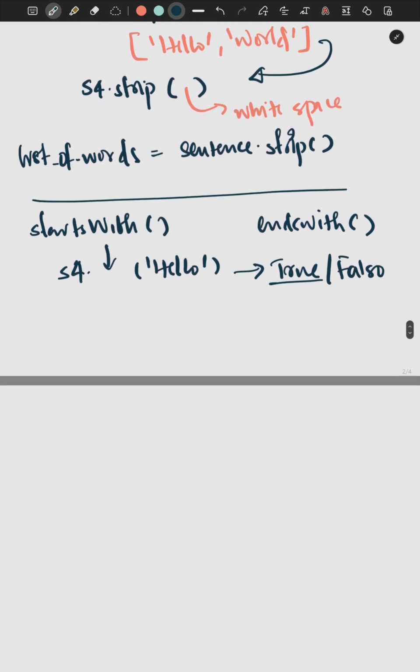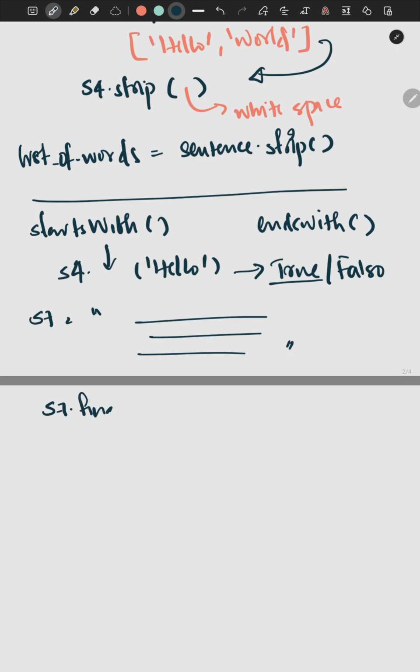Now something else that we can do is, just like replace, there is find. Let's say there's s7. This is a huge paragraph with many lines. So what we want to do is find the first instance of the word Python. So what we can do is s7.find("Python"),